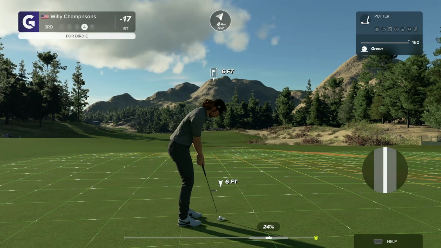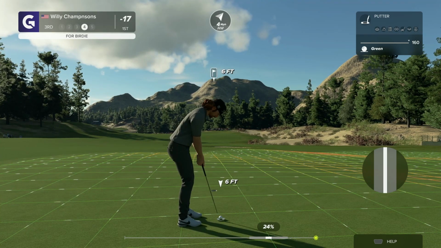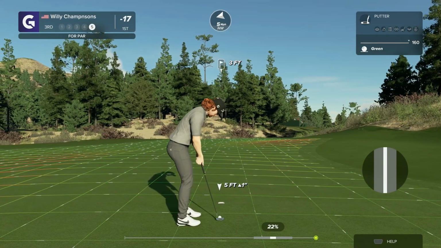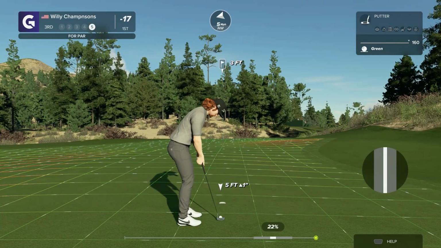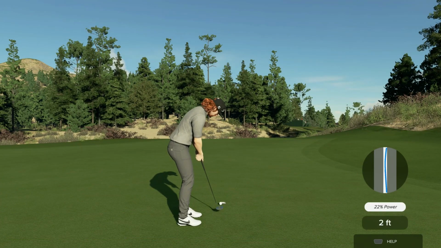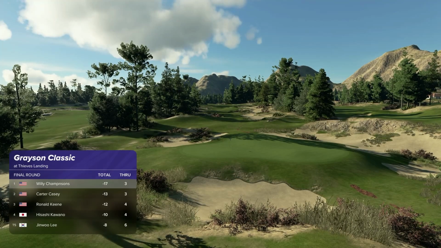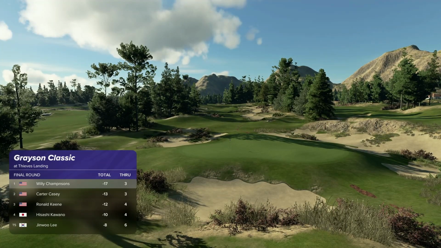A little right to left break, 6 feet away, pretty flat for the most part. As we send the putt in, we don't play enough break. Oh my goodness, we didn't play enough break. It looked more flat than it was, and so we send that putt by, but we do come back with a par. Now Carter Casey dropped a shot down to 13 under on that par 5,